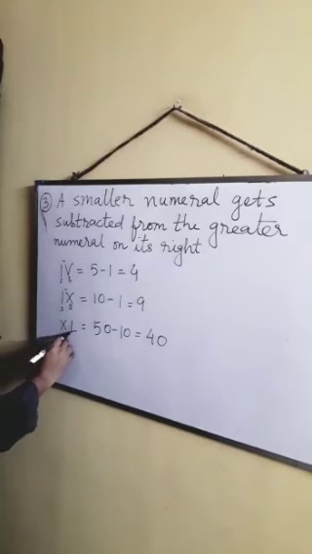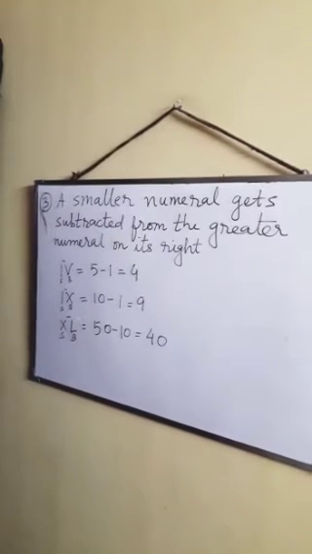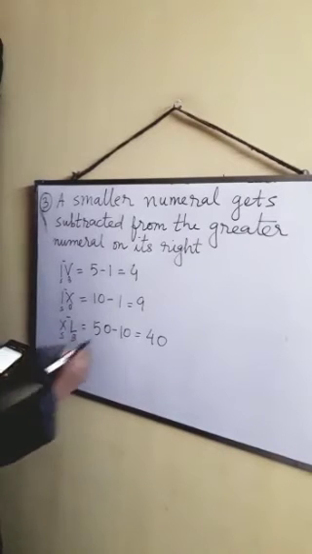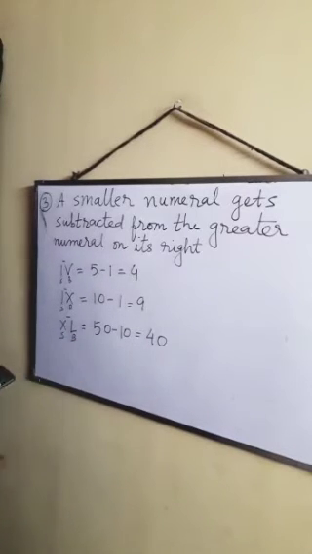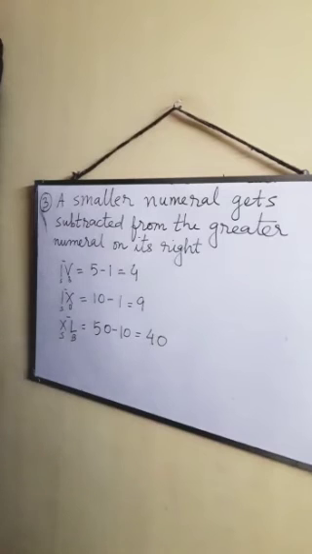This is XL. L stands for 50, so this is the bigger number, and X stands for 10, so definitely this is the smaller number. Again this smaller number will get subtracted from the bigger number. So L stands for 50 minus X, that is 10, so that equals 40. To write 40 we will write XL. So we have to remember, when the bigger number is on the right side of the smaller number, you have to subtract the smaller number from the bigger number.